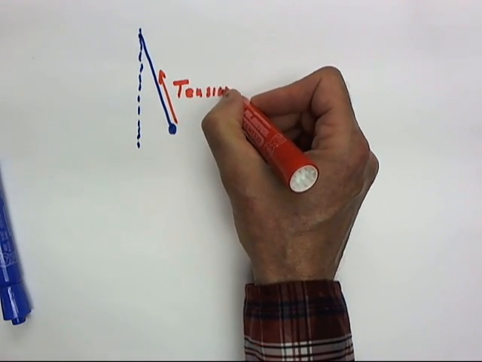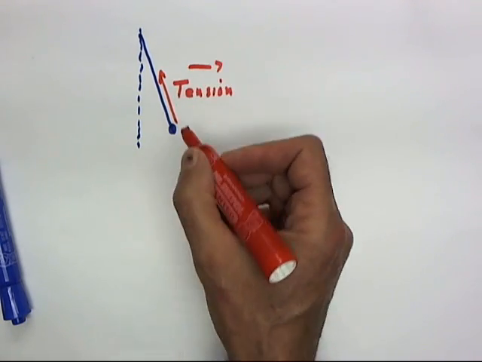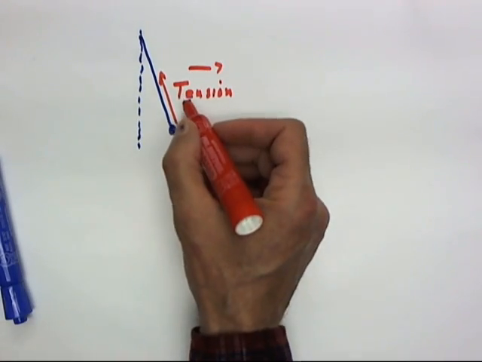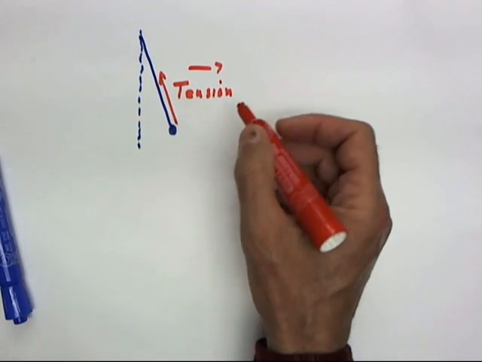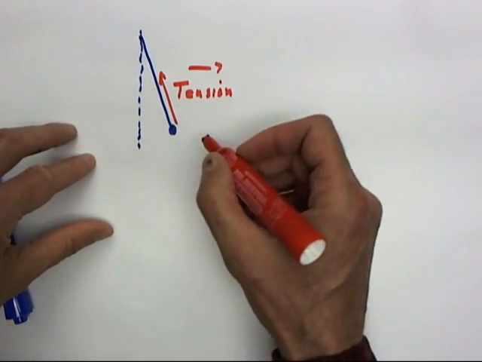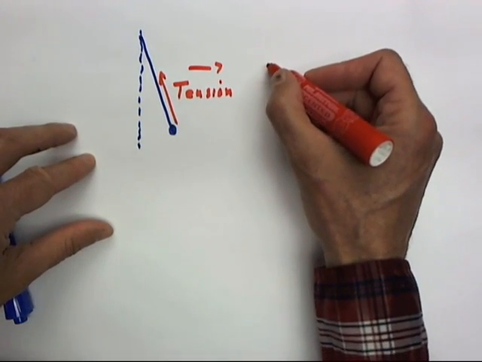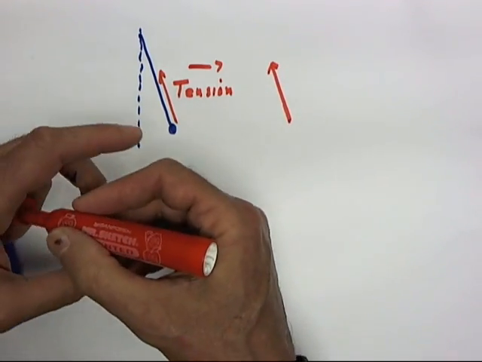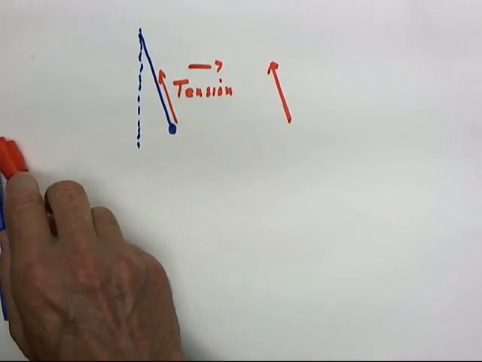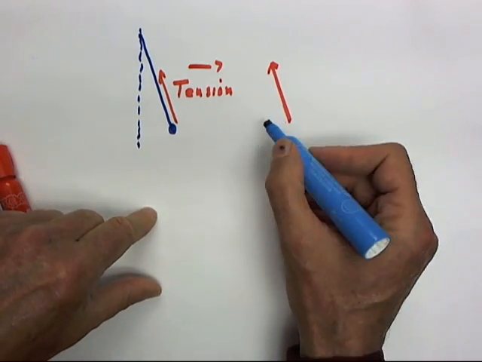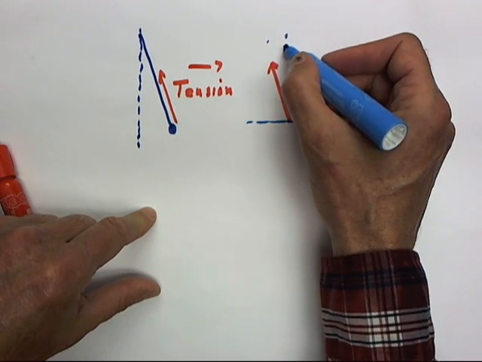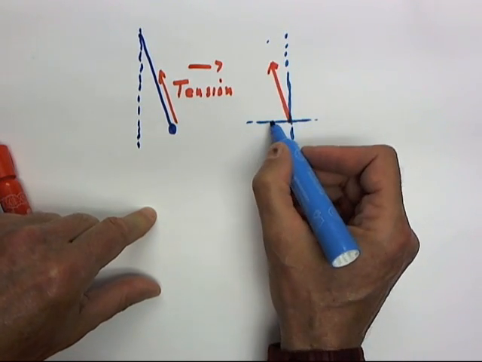which I'll call tension. I could use just a single letter T for tension, but I'm going to write out the whole word. And tension is a vector. It's a force, therefore a vector. Now, if we look at that tension vector over here all by itself, it's easy to see that this tension vector has a component in the horizontal direction